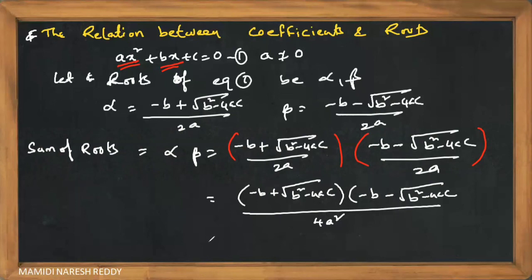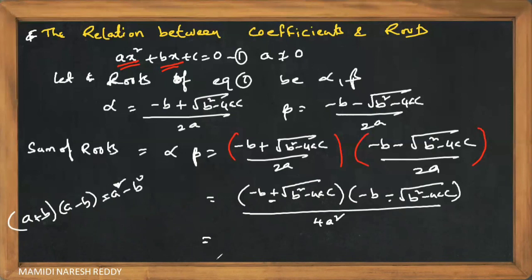No, sir. Now the children see, if you observe very carefully, the numerator. Minus b let us take as the first term, and this is the second term. What is the symbol between first term and second term, children? Plus and minus. Are you finding any formula by seeing this? First term plus second term into first term minus second term. A plus b into a minus b is equal to a square minus b square. Wow, super.